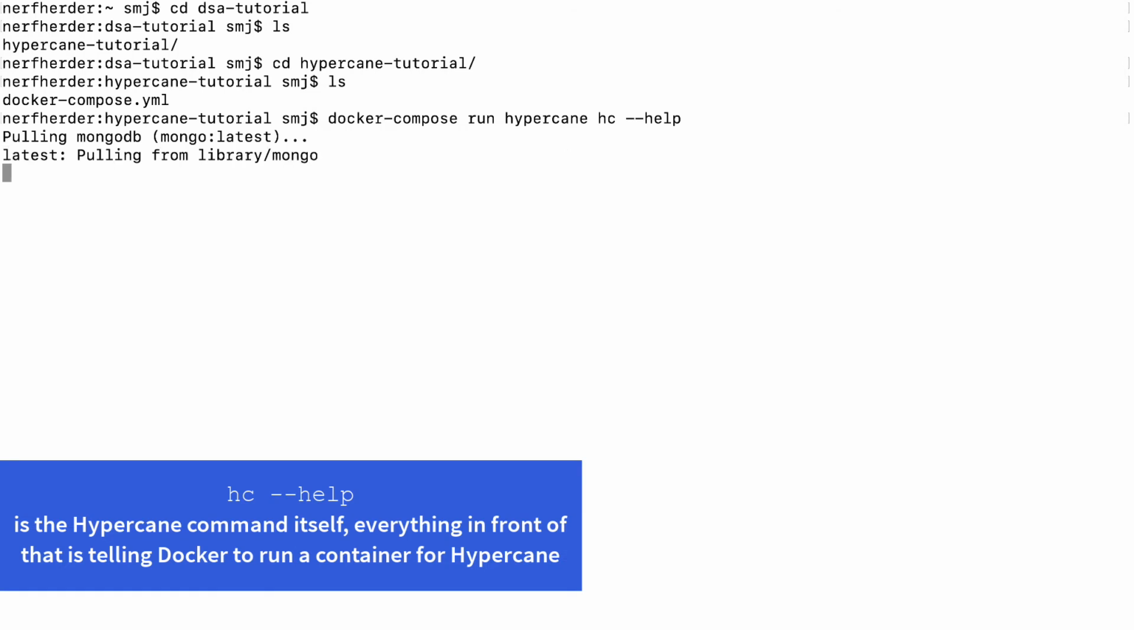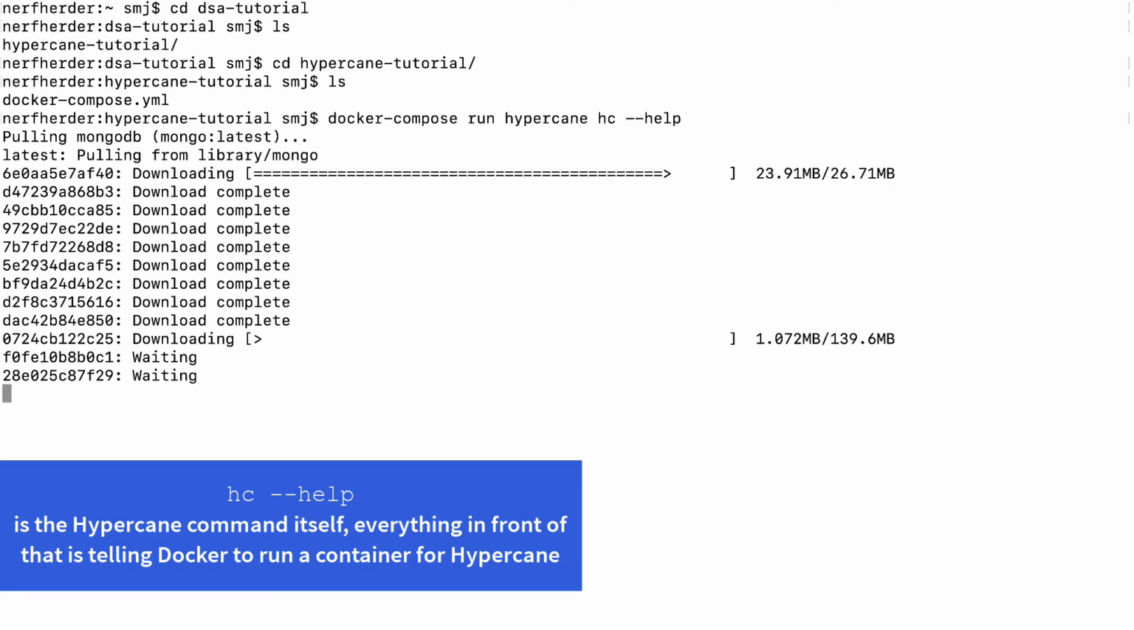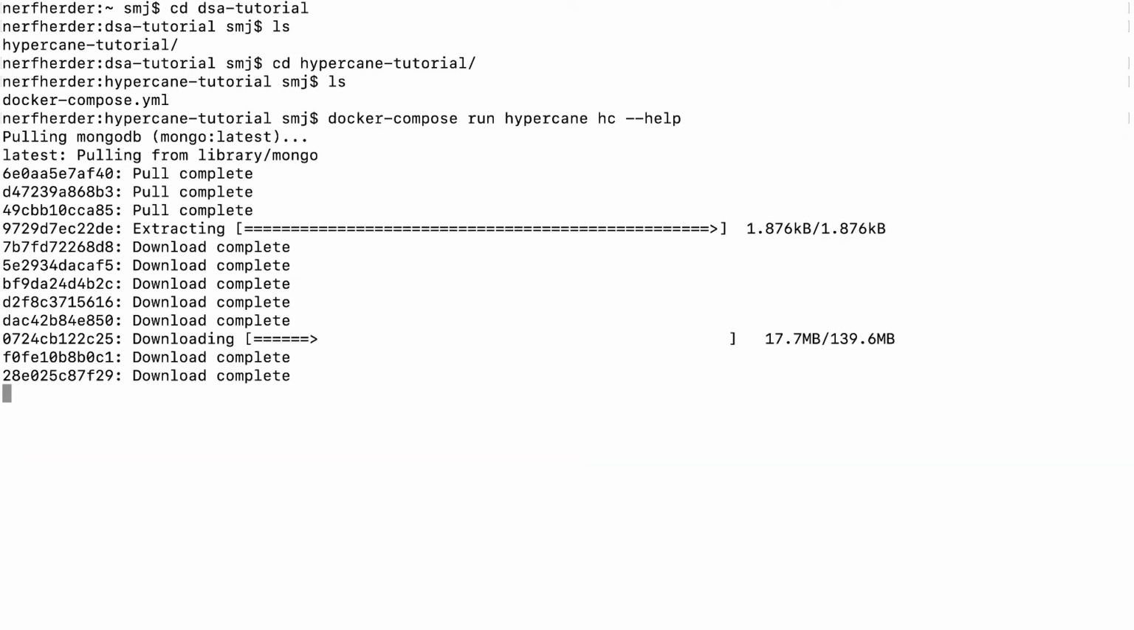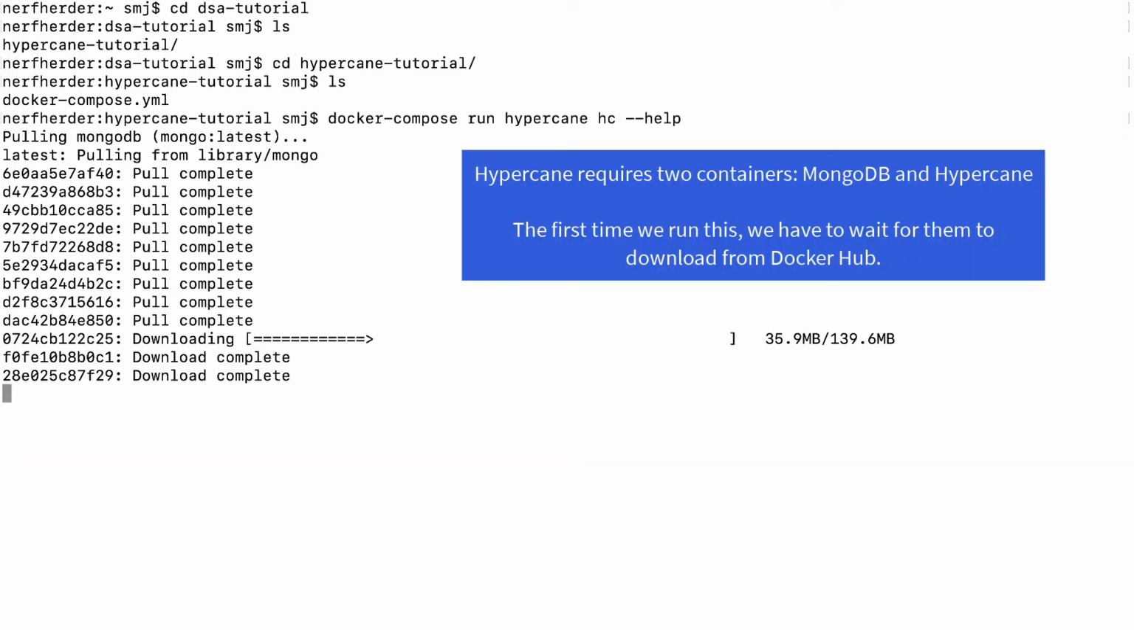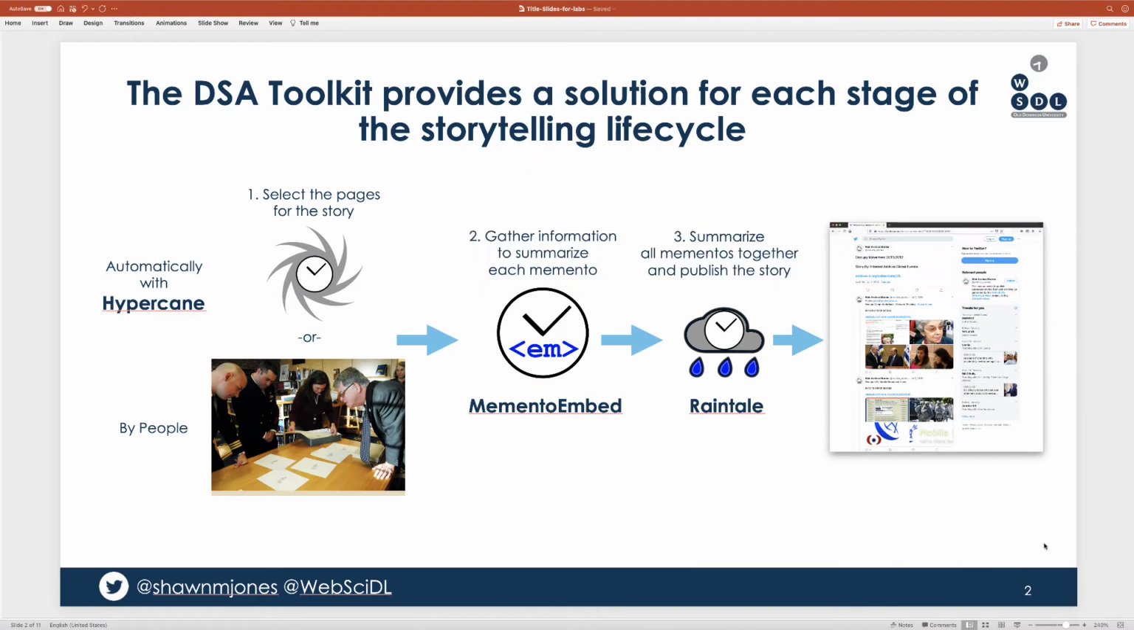And what this is going to do is, because it's the first time that you have downloaded and executed Hypercane, it's got to go up to Docker Hub and download all the appropriate images and containers and other things that you might need. And see, the point of installing Hypercane is that we